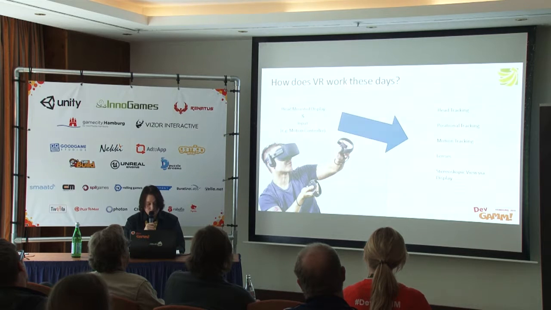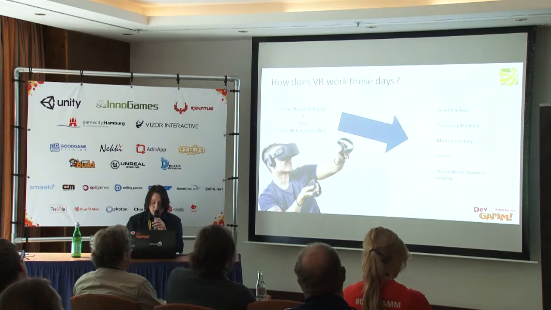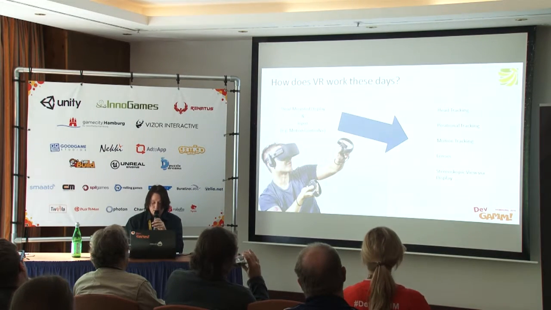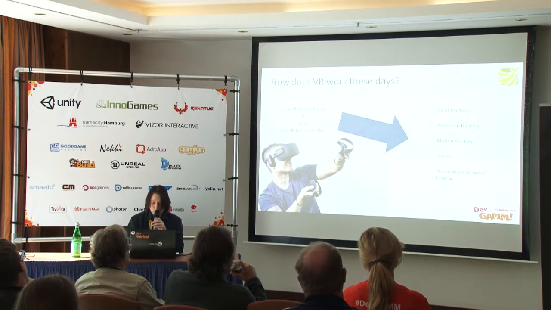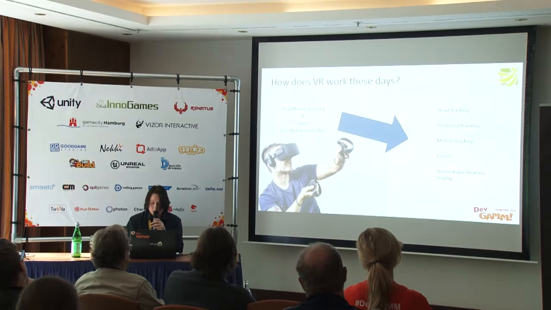In addition to this, each eye gets its own image. One image for the left eye, one image for the right eye. So this enables the user to have a stereoscopic view, just like in real life, with a feeling of depth. The HMDs also have head tracking, so whenever you turn your physical head, the image displayed also changes in dependence to the head movement. Via an external camera system, not only the rotation of the HMD can be tracked, but also its position in dependence to the external tracking.